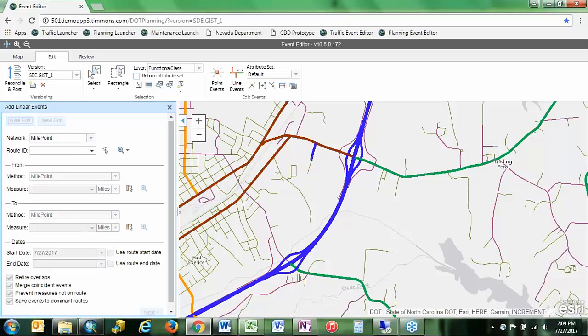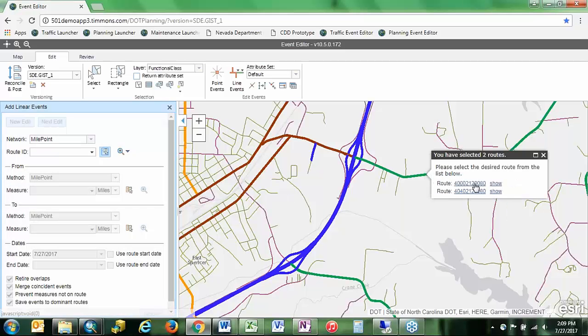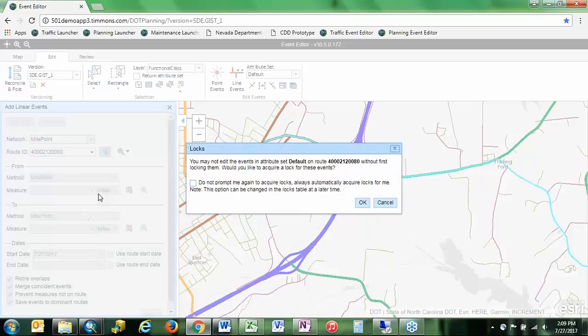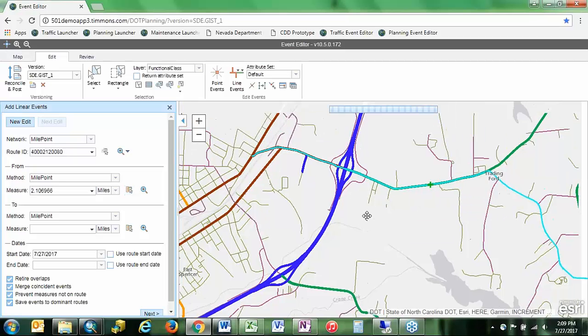All right, then let's do one more edit just so we've got some stuff to look at. How about right here? All right, it doesn't want me to edit right there.